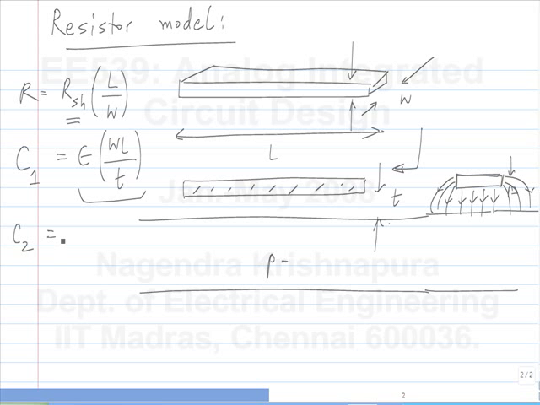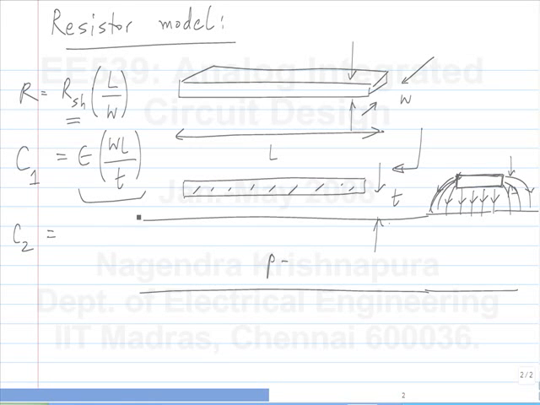It depends on W and T. Yeah, it depends on T for sure, but W and L are under your control. So does it depend on the area W times L? It depends on the perimeter, okay? Because you have this fringing field, it's at a fixed distance from the substrate. So basically how long you go along this edge is what determines the capacitance.